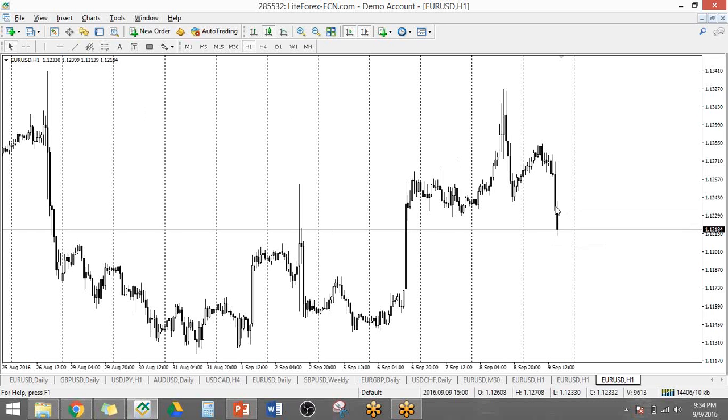Now, if you move back over here, you have a strong bearish candle. That candle measured 8 o'clock to 9 o'clock. And then previously, you have 7 o'clock to 8 o'clock, 6 to 7, 5 to 6, and so on and so forth, right?